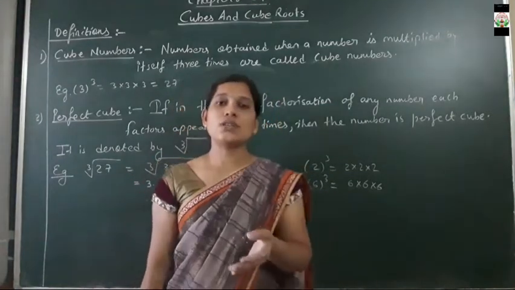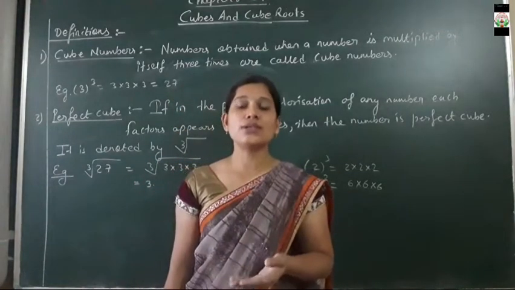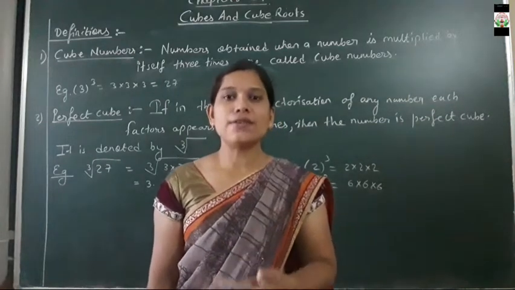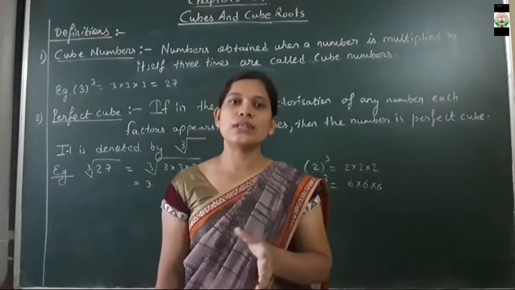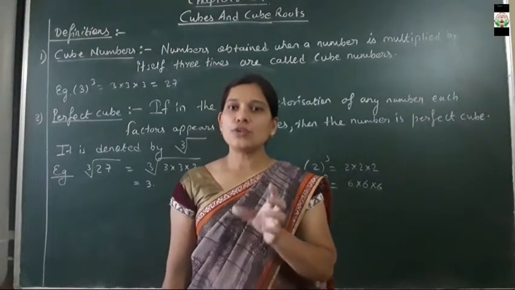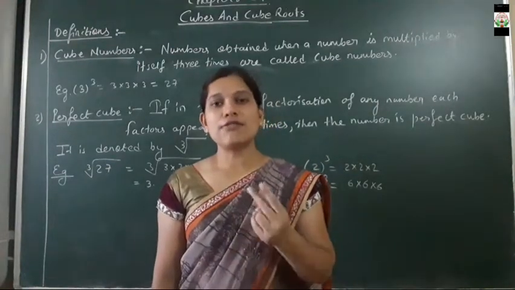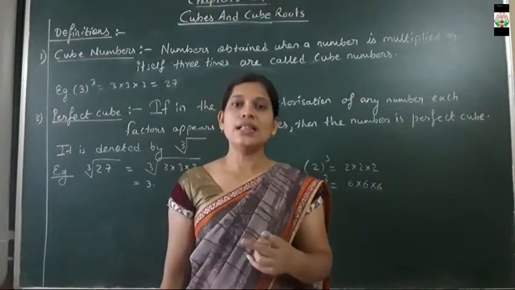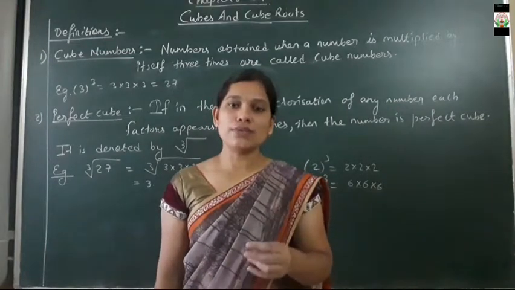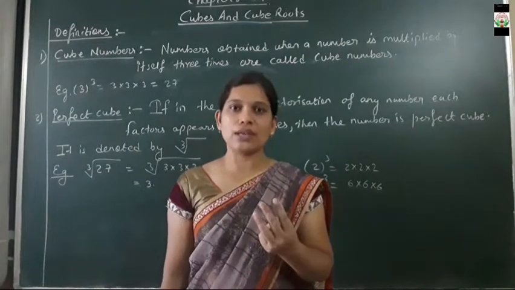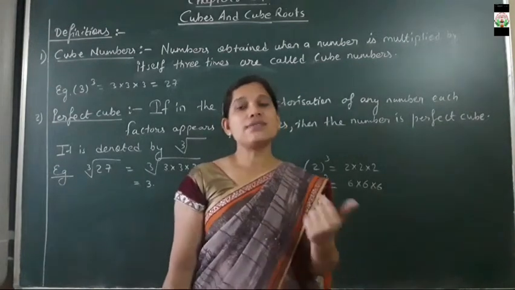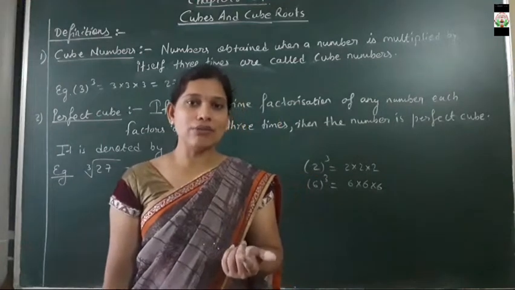In the same way, what is a square number? The number which multiplies itself twice is said to be a square number. The only difference between cube numbers and square numbers is that in square numbers the number multiplies itself twice, while cube numbers are those numbers which multiply with themselves thrice. 3 बार वो multiply होता है cube में. ठीक है.